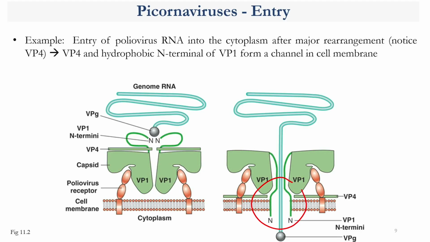Only thing is, this does not have an envelope, so it's not really going to fuse the membranes of the virus and your cell membrane. So this kind of conformation change, again, is going to create a pore in the membrane, and then it will send the RNA through to the cytosol. Now, the problem is,